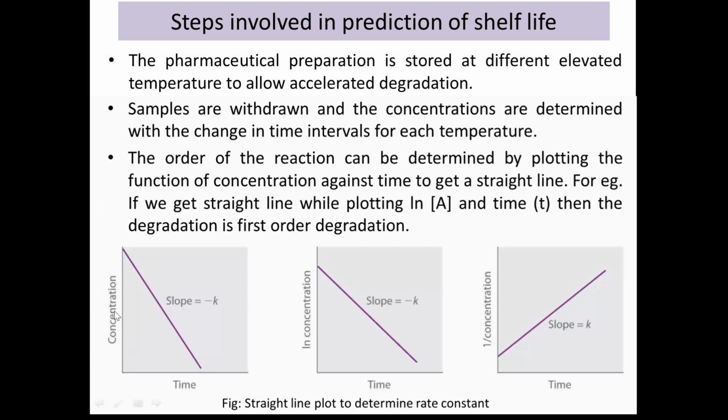जस्तै कन्सन्ट्रेसनलाई मात्र लिएर टाइमसँग प्लट गर्ने हैन. जस्तै एलएन र कन्सन्ट्रेसनलाई लिएर टाइममा प्लट गर्ने हैन, 1 बाइ कन्सन्ट्रेसनलाई लिएर टाइममा प्लट गर्ने हैन. यसरी प्लट गर्दाखेरि कुन चाहिँमा स्ट्रेट लाइन आयो त, जस्तै यो एलएन कन्सन्ट्रेसन बाइ टाइममा आयो कि ओन्ली कन्सन्ट्रेसन बाइ टाइममा आयो कि हेर्ने. अब हाम्रो चाहिँ यदि कन्सन्ट्रेसन र त्यो ड्रगको डिग्रेडेटिङ कन्सन्ट्रेसन र टाइम यसरी स्ट्रेट लाइनमा आयो